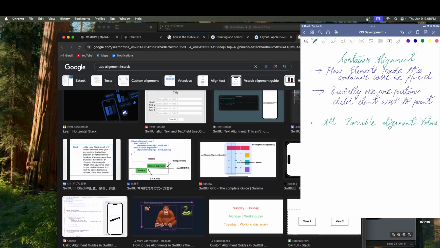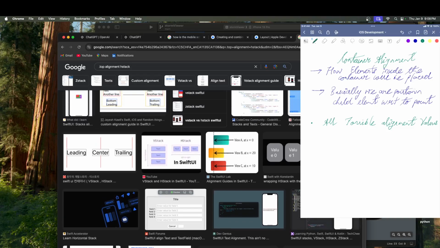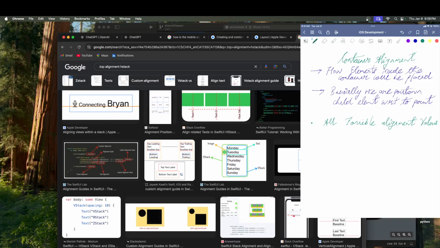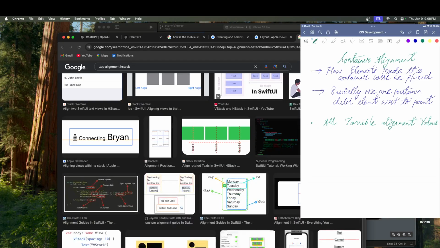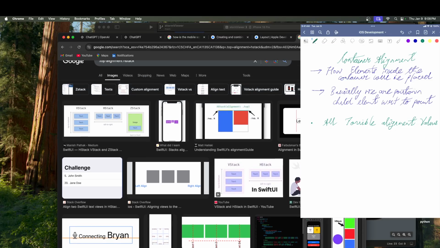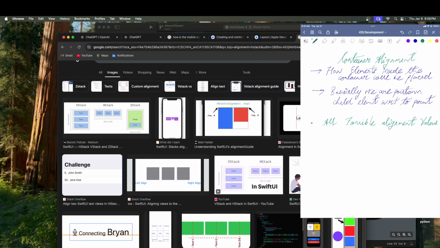Where am I pushing it though? This is VStack. So it's like